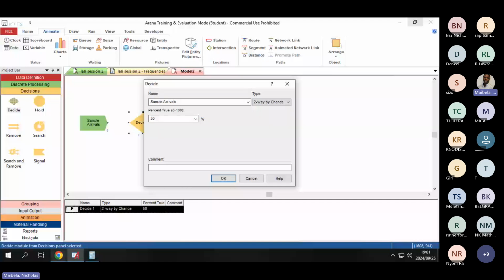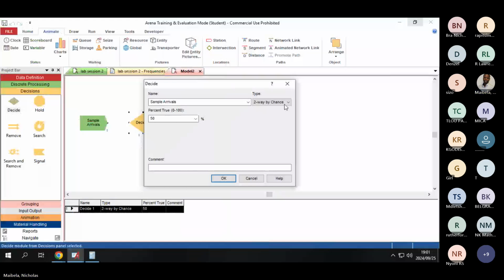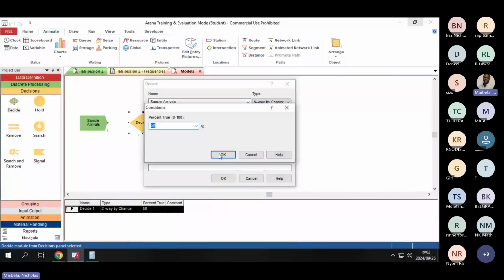Okay, so it's sample arrivals, and under the decide module, you'll click n-way by chance, right? And then you click add, right? The first one is 50, and then the second one is 30, right? You can just type it there, 30, if you don't see it on your drop-down list, and click OK. And for the last one, you don't actually have to